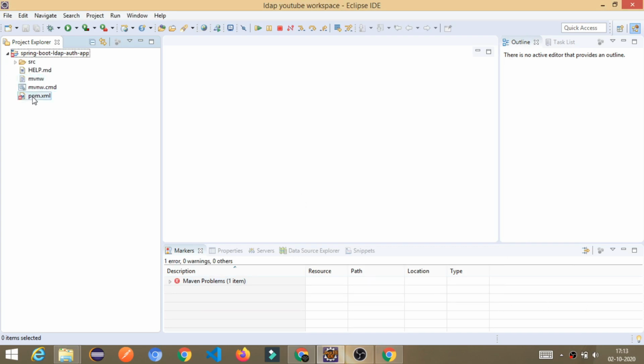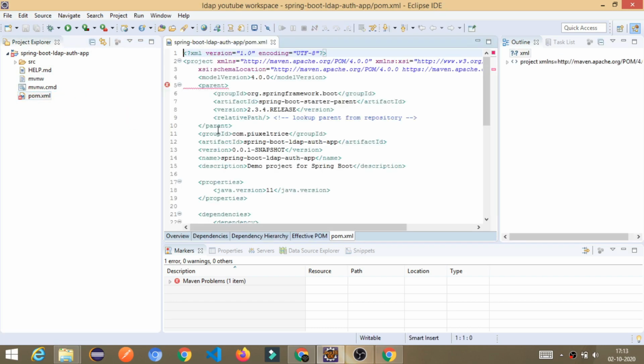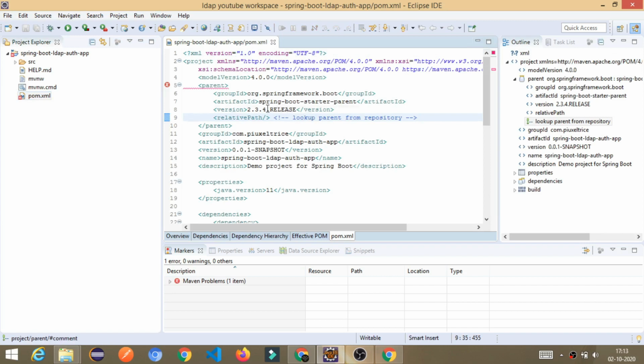If you are getting this error, just go to pom.xml and change the Spring Boot framework version number from 2.3.4 to 2.3.3 for now.